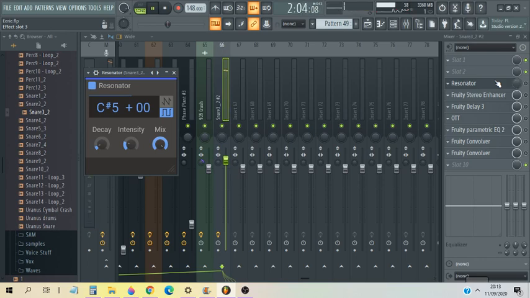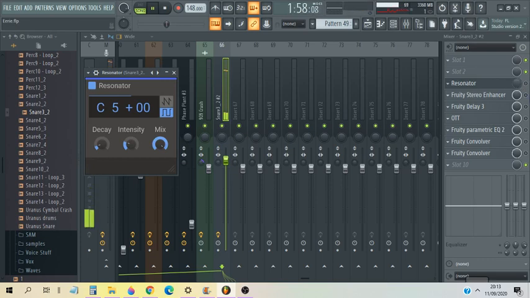I'm using these to... I just realised this isn't the right pitch. I'll see what it sounds like at the right pitch, and if it sounds weird, I'll put it back to how it was before. C5. It's supposed to be C, not C sharp. I'm so used to doing it in C sharp minor.